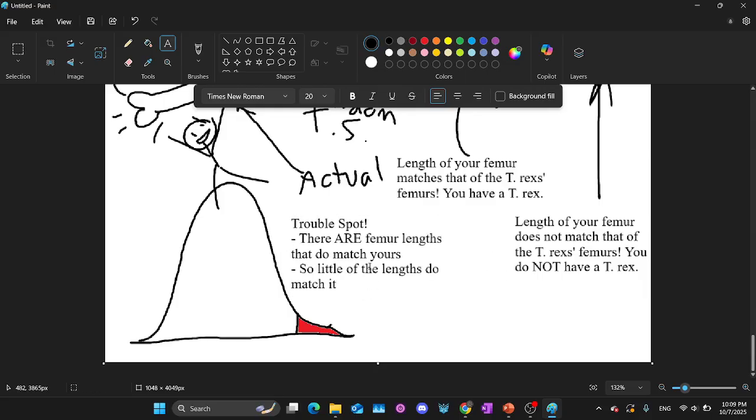There are femur lengths that do match yours, but that is only a sliver of the population. So, in theory, those could have been just deformities, just strange occurrences, and what you would have is not a T-Rex. Or maybe these are one of the strange deformities, and you just have a T-Rex that is abnormally built, right? So this is the trouble spot, and that's where the p-test comes in, because the p-value actually